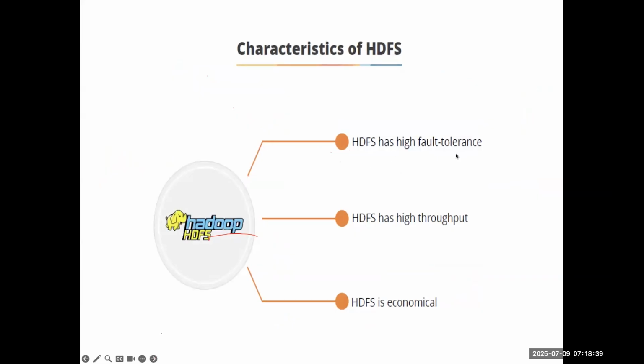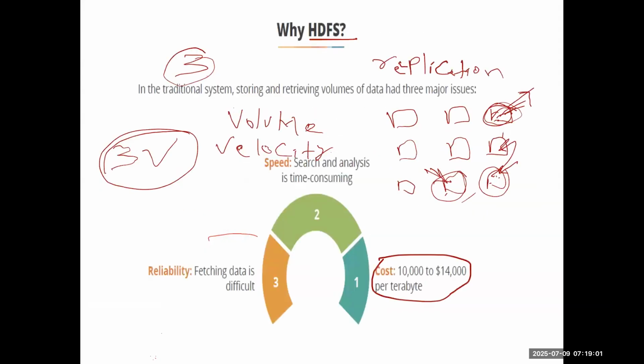High fault tolerance. I just told you this. Let's look at two things: fault tolerance and high throughput. With fault tolerance, I mean that if something happens to this node and a fault comes, the job can be started on another server. Yes, so this we call fault tolerant. If anything happens to the running job, the same job will be started on the other node, so there won't be any fault.